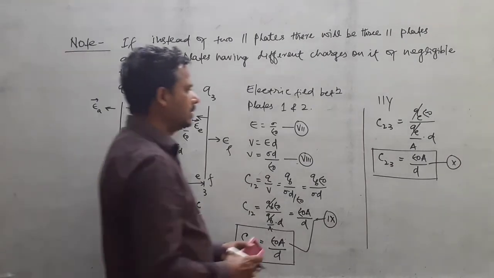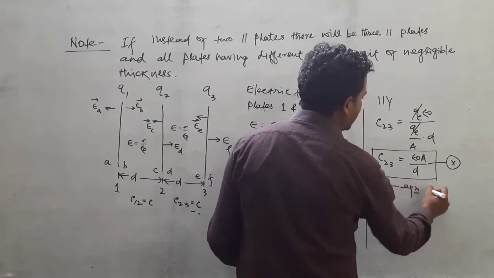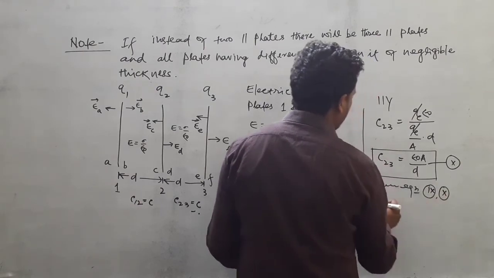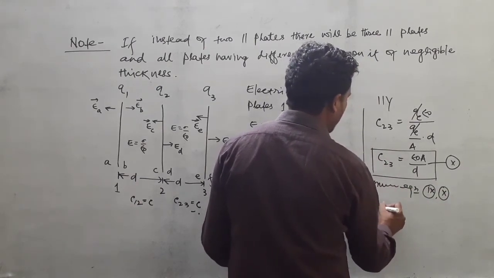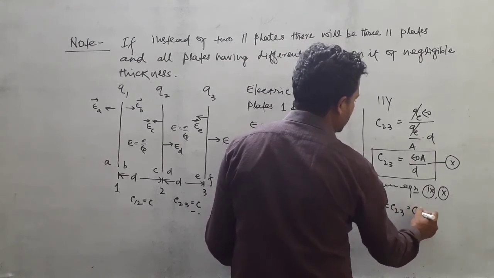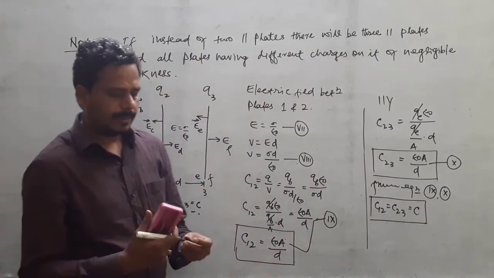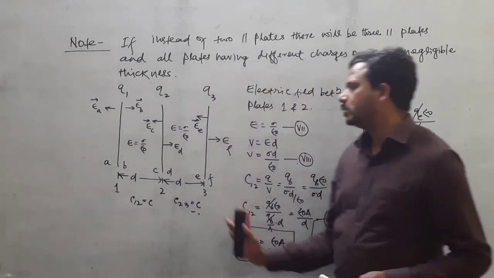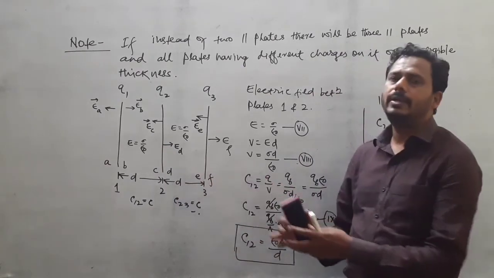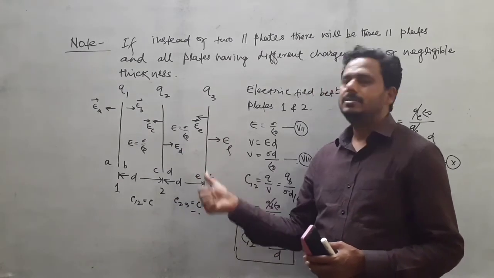So from equations 9 and 10, you get that C12 is equal to C23 is equal to C, and there is a relation between C12 and C23. We will discuss in the next class how they are related, both of the capacitors, using these three parallel plate capacitors, and more than